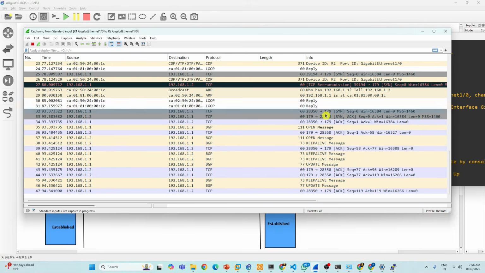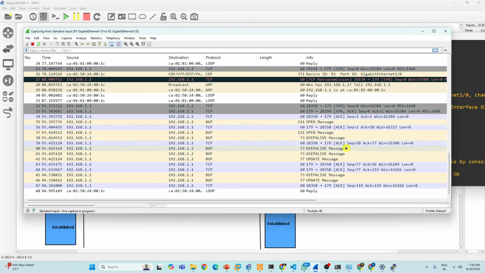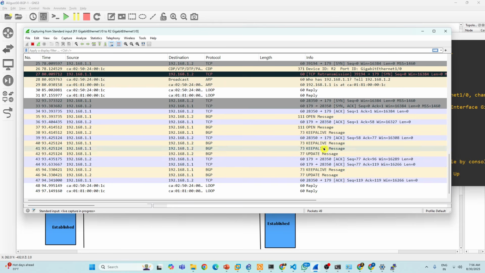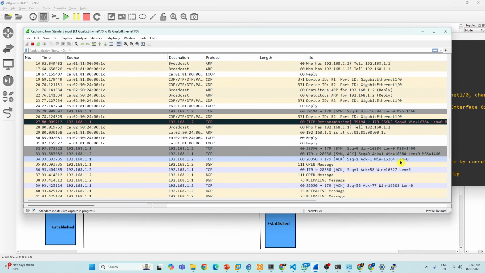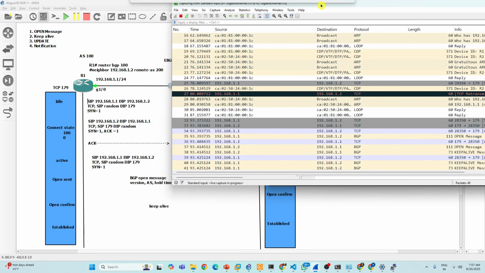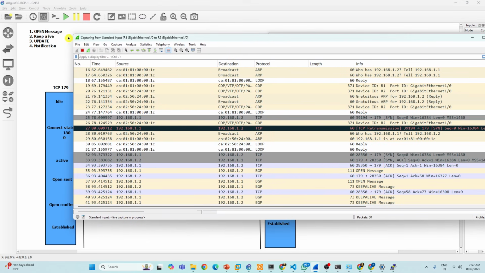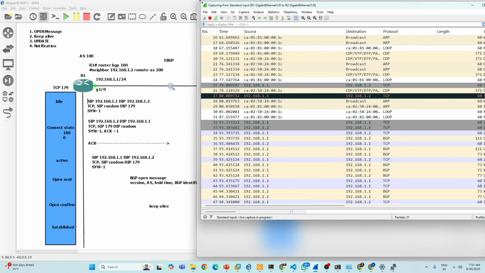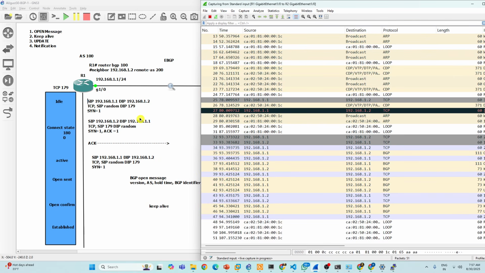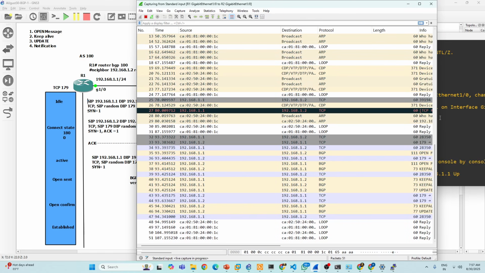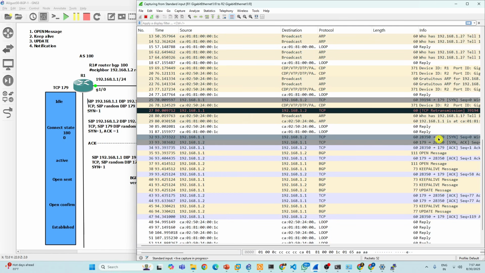Now see the transactions. You will see plenty of transactions now. Hey, something happened here. What is that? Let's understand one by one, like how we did it in OSPF. So see here. As I said, initially R1 will send a TCP SYN packet first. Yes or no?